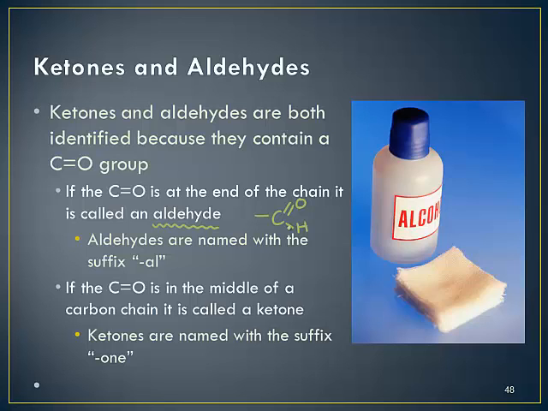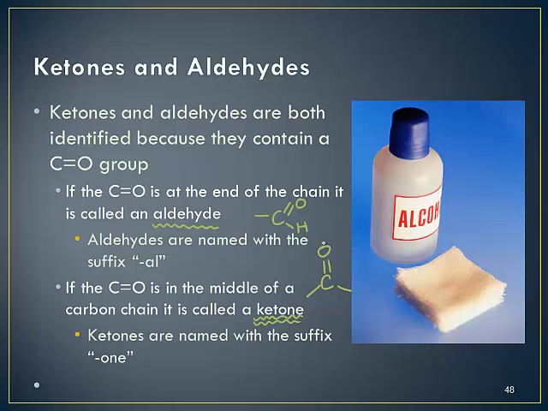Aldehydes are named by giving the suffix "al", just in the same way that we added the "ol" ending to alcohol. When we look at ketones, ketones have a C double bonded O, a carbonyl group as well, but this C double bonded O is in the middle of the chain. So it would have C bonded to 2 other things, and it would also have a double bond O off